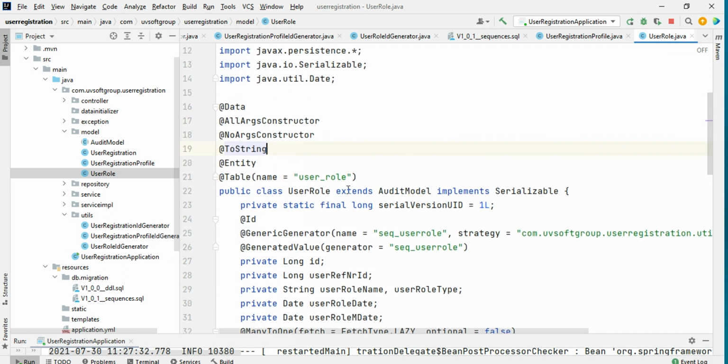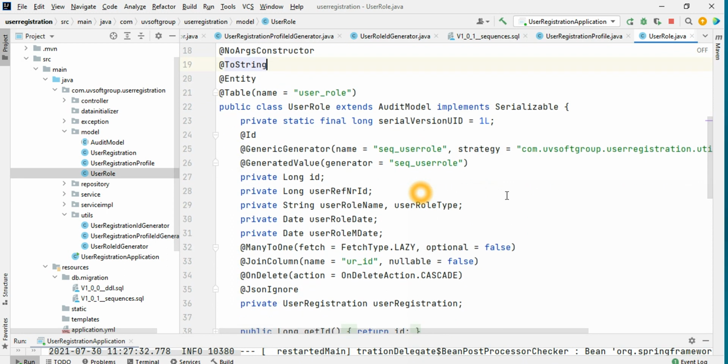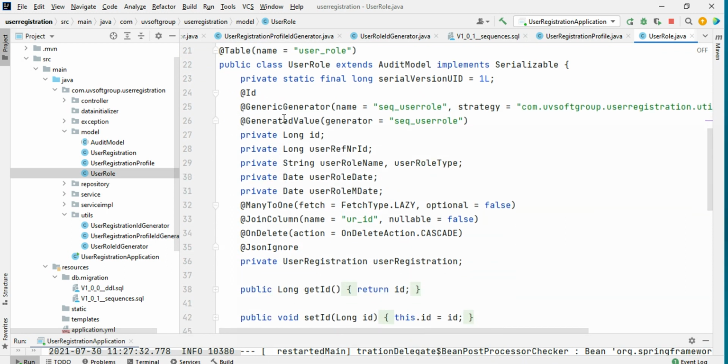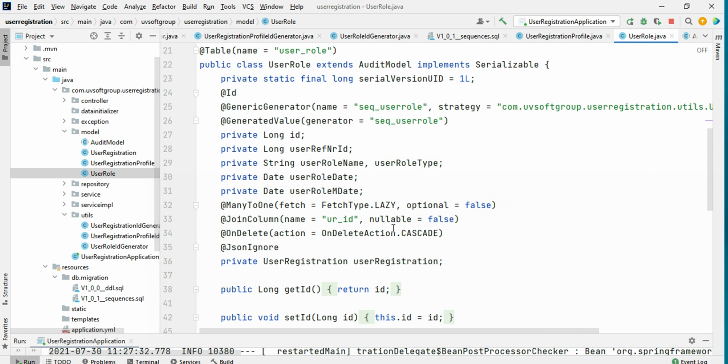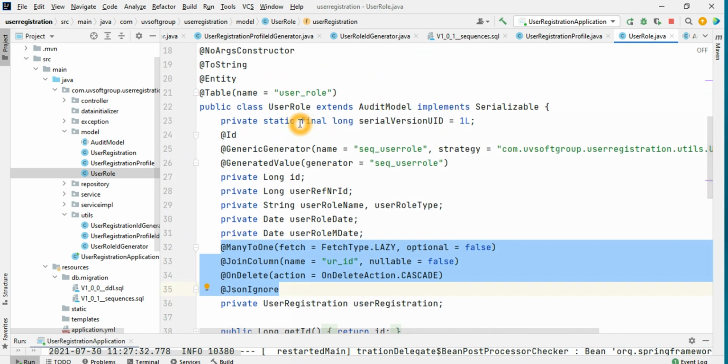So we have user roles. We have defined our entities exactly as standard, nothing more special, nothing fancy here. It has the definition calling the user sequence number and the user role sequence number, and then it has a one-to-many relation. So that means one user has one to many